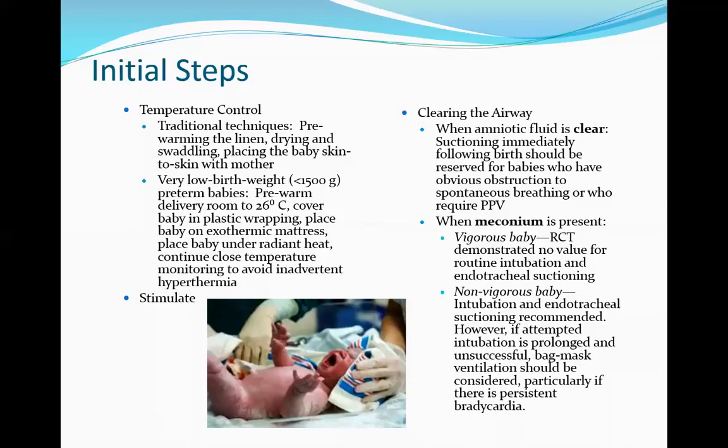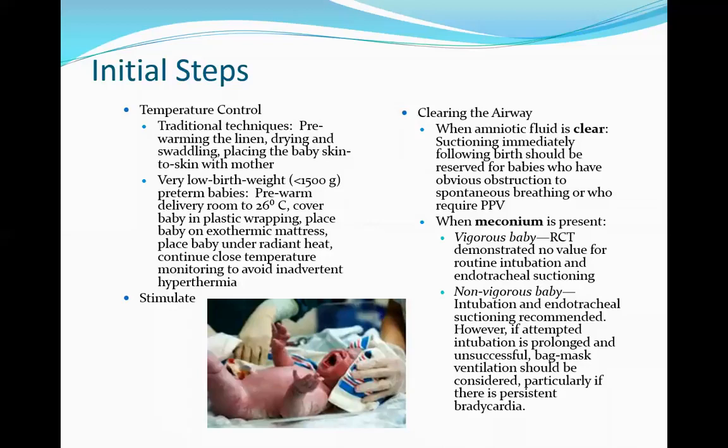So initial steps include, number one, temperature control. Traditional techniques for a term baby, a baby that you don't expect to have difficulties, include pre-warming the linen, drying and swaddling the baby, and placing the baby skin to skin with mother. For babies who are preterm, very low birth weight, or expected to have other difficulties, it's